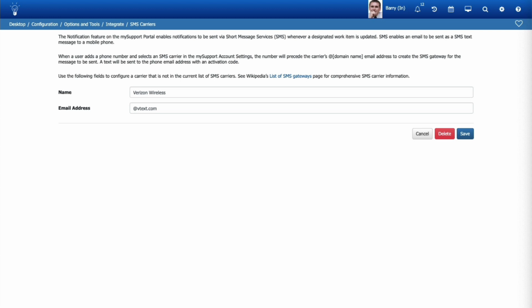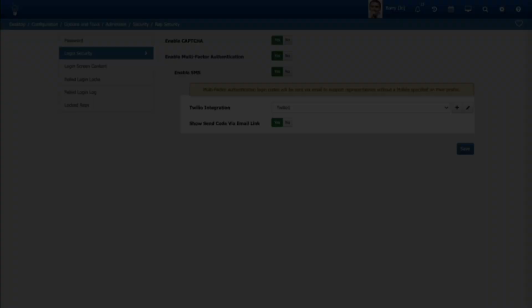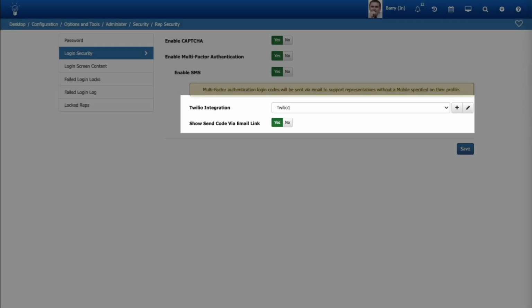SMS carriers are defined in configuration. You can use a Twilio integration for sending authentication codes to support reps via SMS and enable a send code via email link on the Validate Authentication Code dialog when the code is sent. This allows the code to be sent to an email address if the